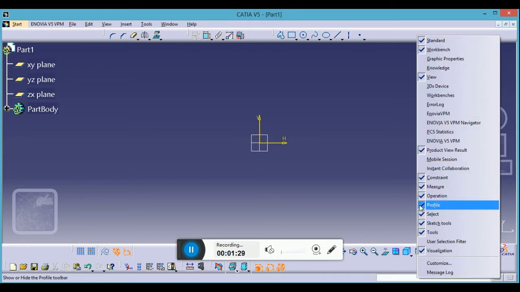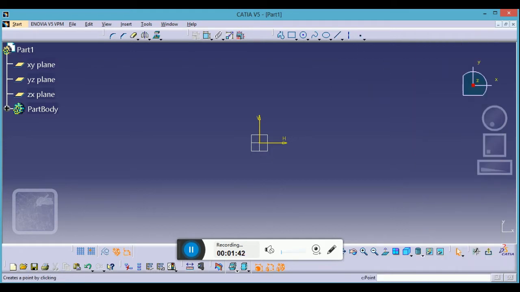You can see a tick mark here so that you have that on your panel. There is no need to select it over and over. If you have selected it, it will just keep displaying over here. Now we will be having your point.